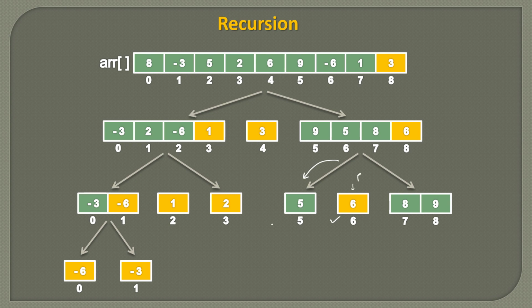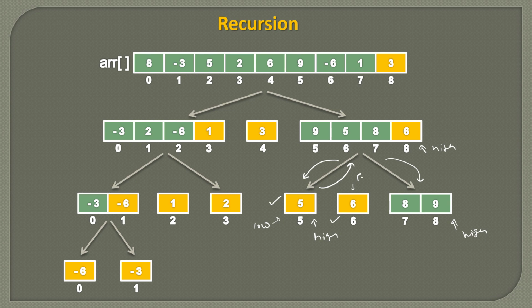This is our p and this is our low. So for the left side, if we do p minus 1 to take all the elements which are lesser than 6, this will become our high. And as high is equal to low, we will return from the recursion and 5 will be at its correct position. So we go back like this and then we try to sort the right side. So we call the recursion again by taking p plus 1 to high. So this was high.